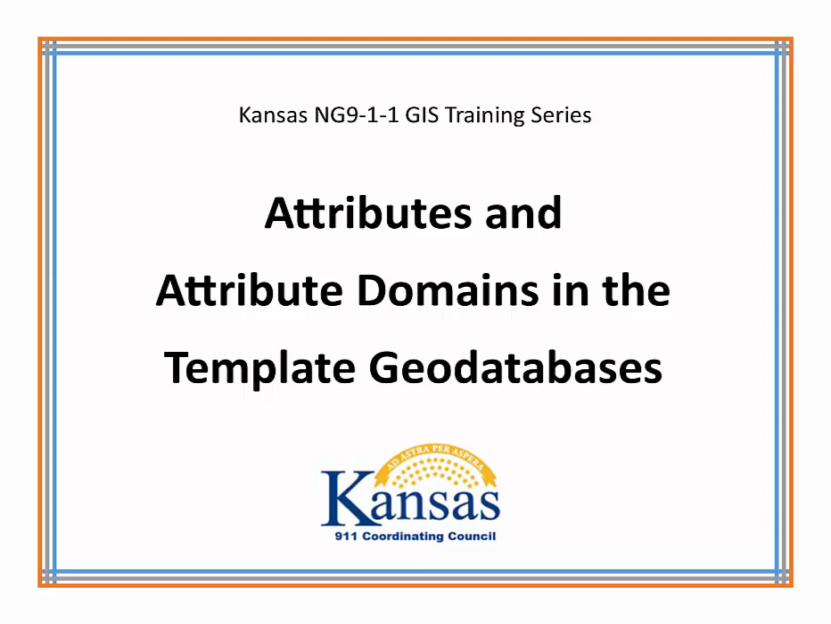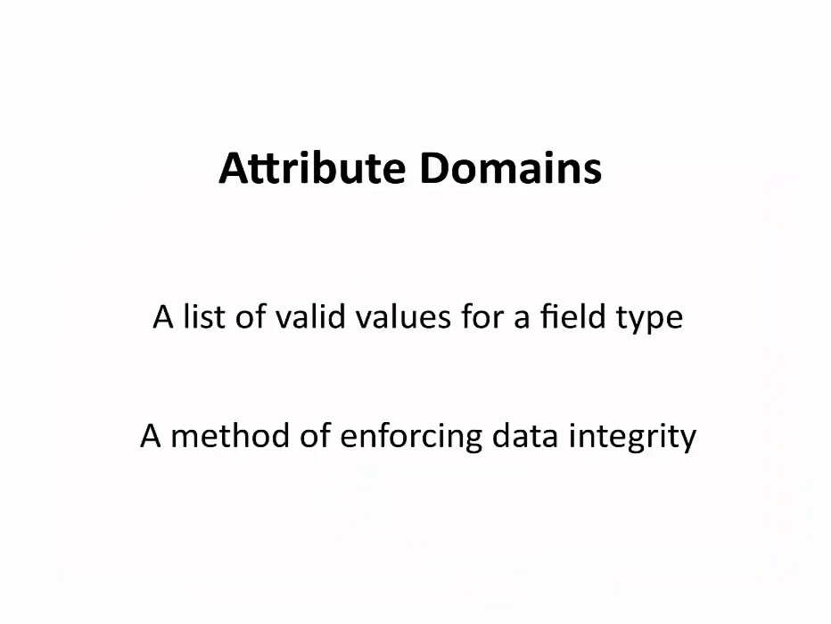Before we begin, though, we should have a discussion of attribute domains and just what they are. An attribute domain is a list of valid values for a specific field type within a geodatabase. It's a method of enforcing data integrity. The attribute domain, once it's set up within the geodatabase and assigned to a particular field in a feature class, will allow you to limit the values that are entered for that field to the list of items in the